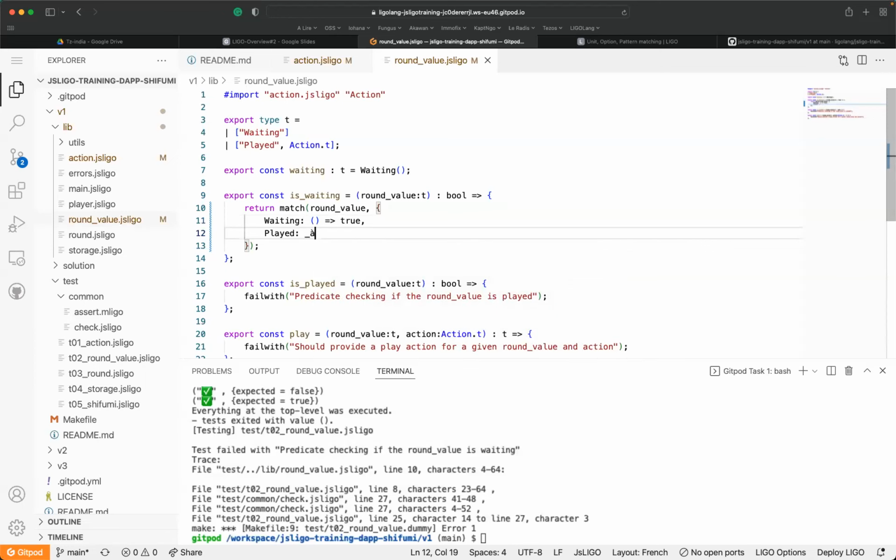I have to add an underscore, I guess, because otherwise we maybe have a warning, but I write it like this. It's okay. So here the expected value is true. Okay.